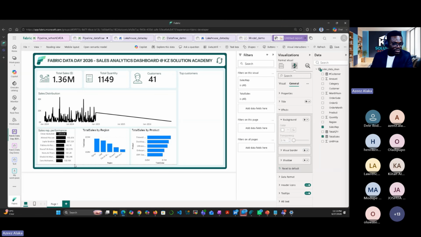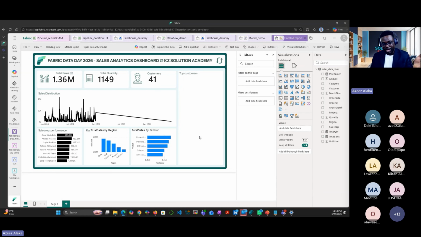Is it making sense? Please, I need your response. Don't worry, we are almost done. After this, what I want to demonstrate is the automation, okay? We are going to be adding new data, and we are going to see how it's going to be increased over here. That is the change, how we see the changes.